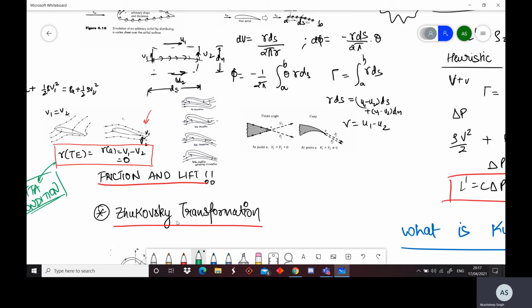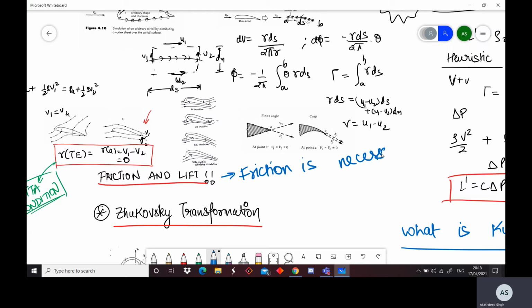Even if we lived in a perfectly inviscid world, an airfoil could not produce lift, because the presence of friction is the very reason why we have lift. This is kind of contradictory, but nature enforces the Kutta condition by means of friction. If there were no boundary layer, which is discussed in the third question in this assignment, that means no friction, there would be no physical mechanism in the world to achieve the Kutta condition. We need some physical intuitive mechanism to achieve this Kutta condition, and that is done using this boundary layer and this friction. So friction is necessary.